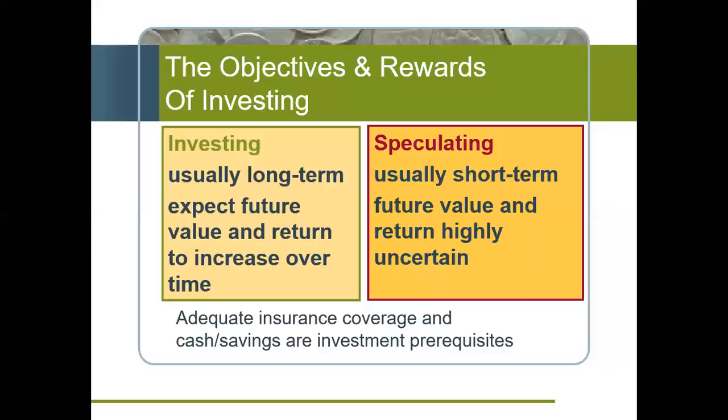One of the things we talked about last week with the case study is making sure that we have an emergency reserve or enough cash. This note on this slide states something that's also important, which is really long-term investing. You afford yourself the opportunity to do long-term investing if you have an emergency reserve and sufficient insurance coverages. If you don't have sufficient health insurance, for example, and something happens to your health, then all the investments can't be long-term because you've got to pull them out to pay your health bills, right? So adequate health coverage and emergency reserves are the cornerstone, and they're what allows us to participate long-term in investing.